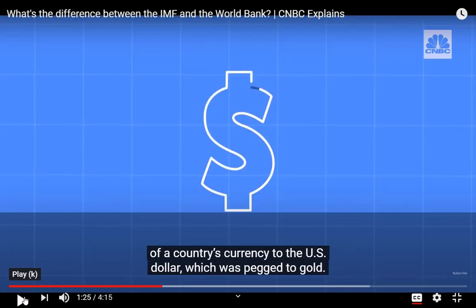So something we need to add to IMF: they oversee a system of fixed exchange rates. So we can try to figure out how much each person's currency is worth. If we know how much each currency is worth, then it makes global trade easier. How do you trade between England and the United States? Well, we need to know how much the English currency is worth compared to the US currency. That can take a lot of time, and it can slow the global village down, can slow commerce down. How do we speed up commerce? We need to have a system in place that says this is how much each currency is worth. And that system is created by the IMF.